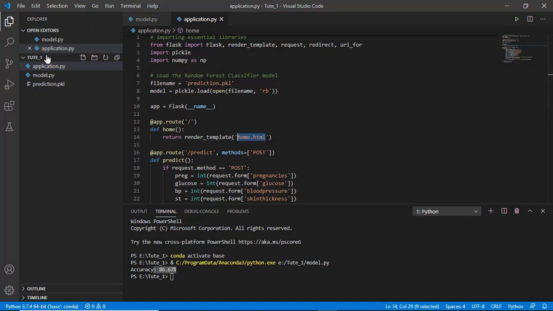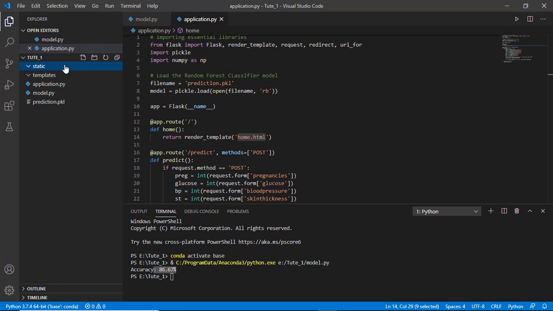So now I'm going to create two subfolders inside this folder. The first folder is templates, and the second folder is static. Actually, static is the folder which we are going to share with anyone.